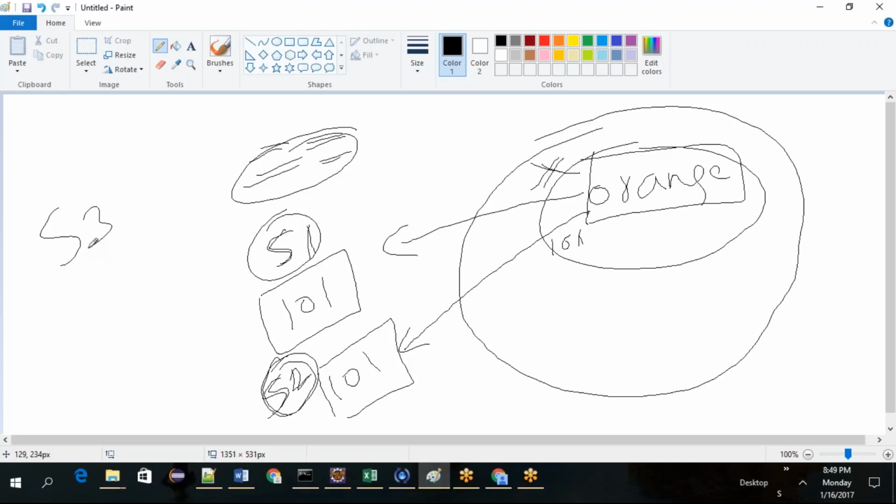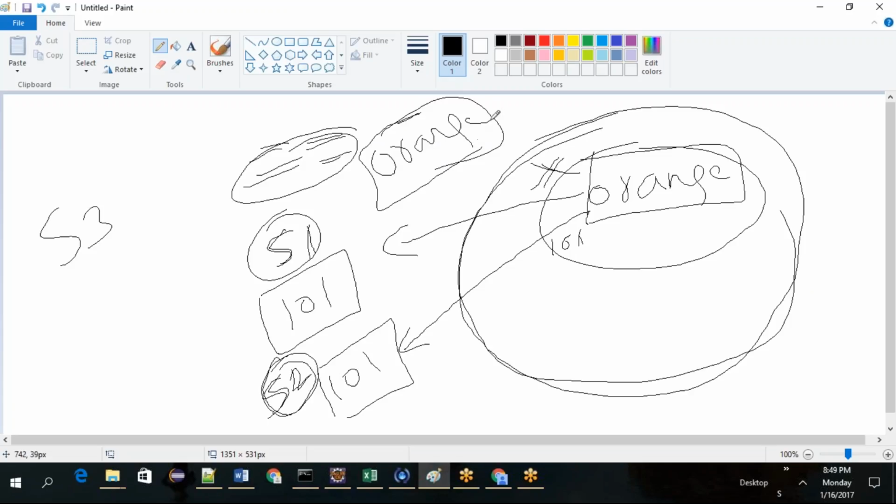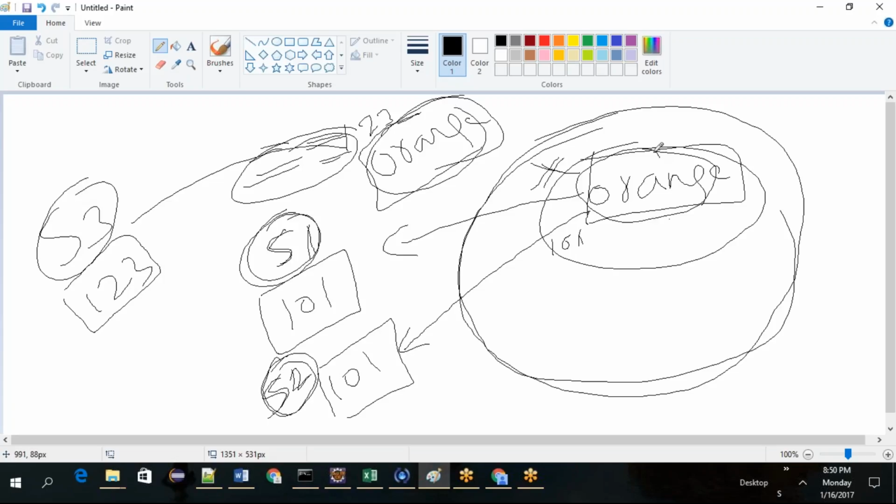Each time when you use new keyword, new orange will be created outside the pool. Another object of orange will be created, and this address is 123. So this address will be given to S3. Now when we compare S1 and S3, what will happen? The address reference variables are different. Even though the object value is same, the address reference variables are different. So that is the reason you got S1 equal to S3 is not same. Okay.